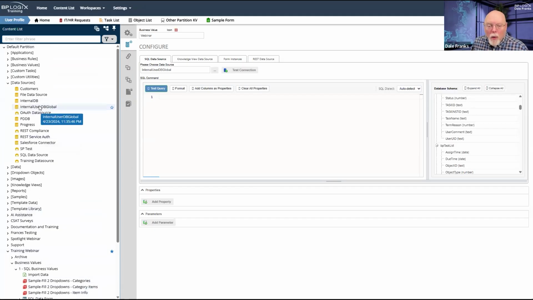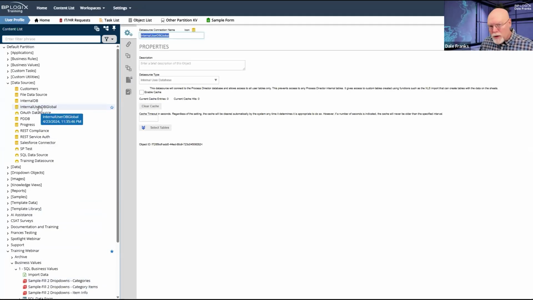But you might want to have multiple internal user data sources so that different implementers have access to slightly different data. I mean, in some cases, all of them may have access to some of the tables, but some of those tables will only be accessed by one or two of those data sources because you're trying to restrict what your implementers see.